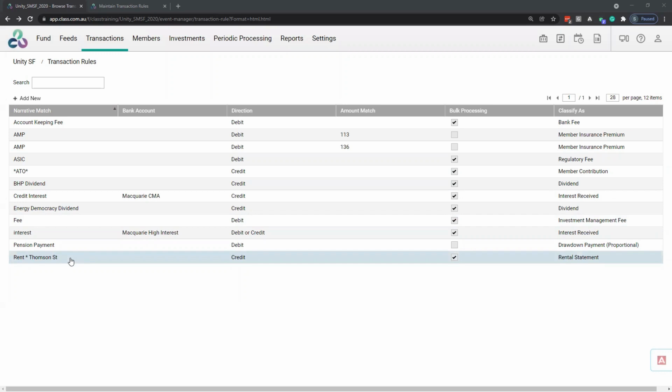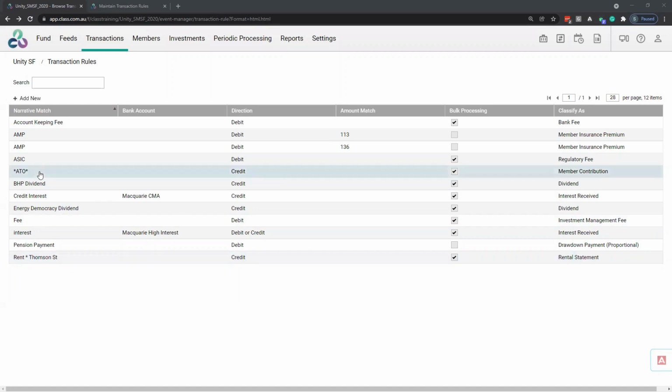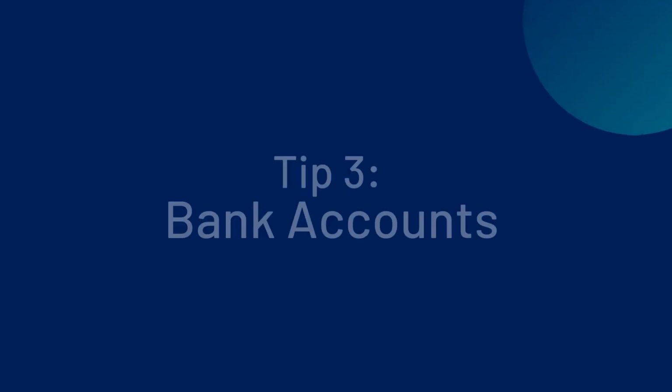So wildcards should only be used in the middle of a narration. In this example, a wildcard has been used at the start and at the end of the description. This is not necessary. By default, the system already has a wildcard, if you like, at the start and at the end of the text. So any description that you write is what's going to be matched off.